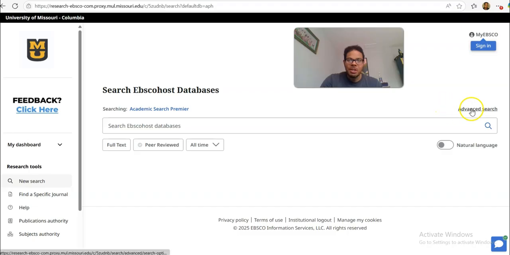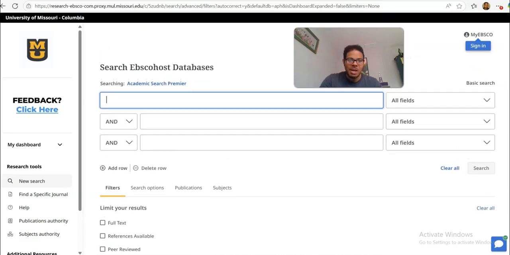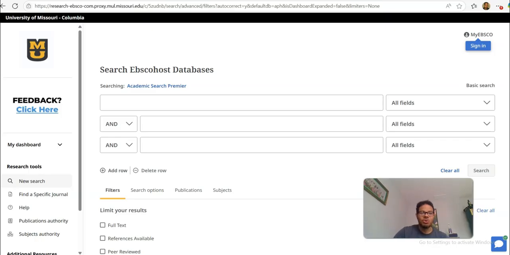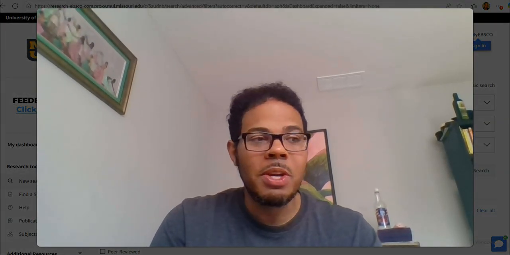EBSCO has done away with that, and I don't like the way the new design looks, so I'm still kind of navigating through it, but it's not worse. It's just that when you have something for 20 years, you just kind of get used to it. But here's the thing with Academic Search Complete / Academic Search Premier, the benefit is that you get all sorts